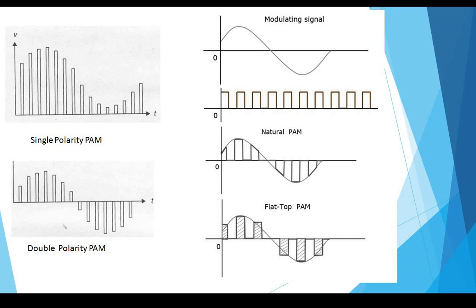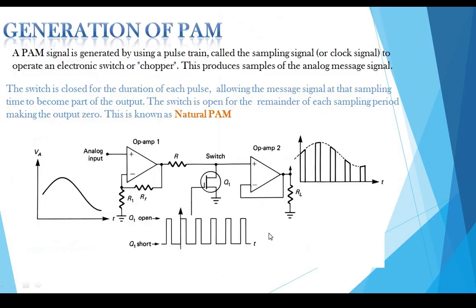So out of all these three samplings, one of the most advantageous is flat top sampling. This is how you will be getting it. I hope you are clear with flat top sampling. The sample will have constant amplitude. It won't vary during the duration of the pulses. But here the amplitude will be changing. We want the constant amplitude of the carrier signal. So that's the reason we prefer flat top sampling.